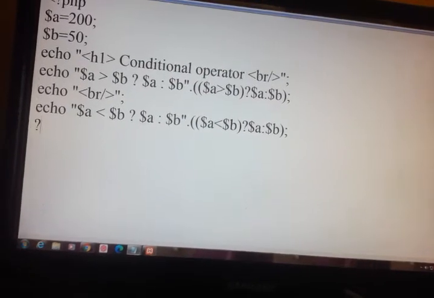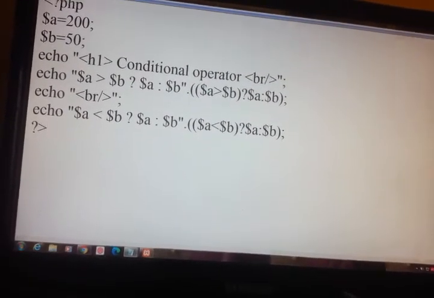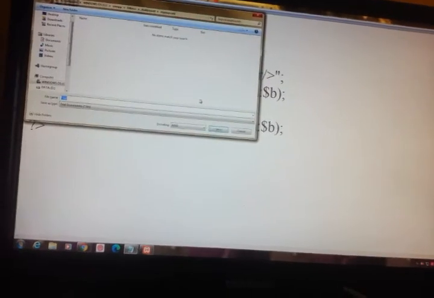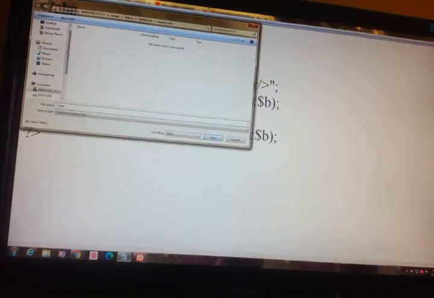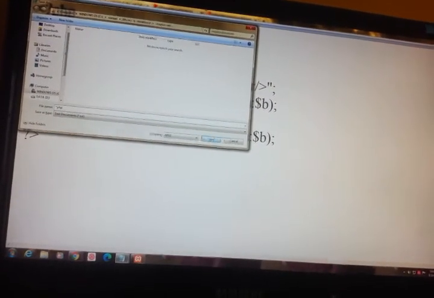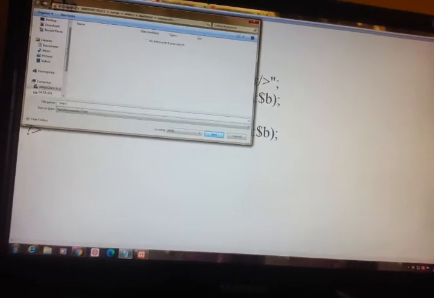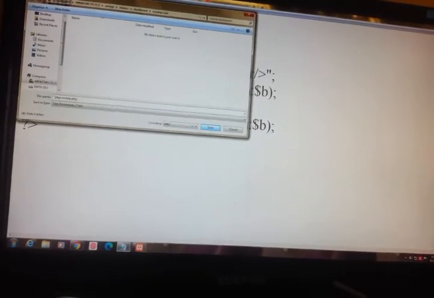Closing PHP, saving the program as conditional operator dot PHP.